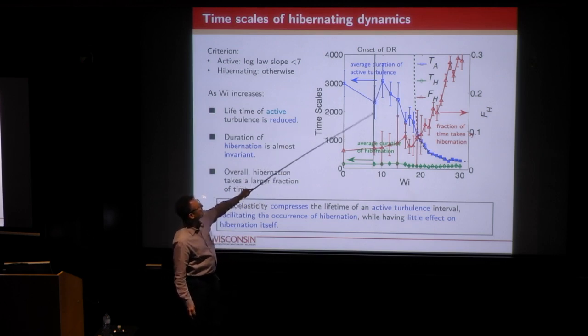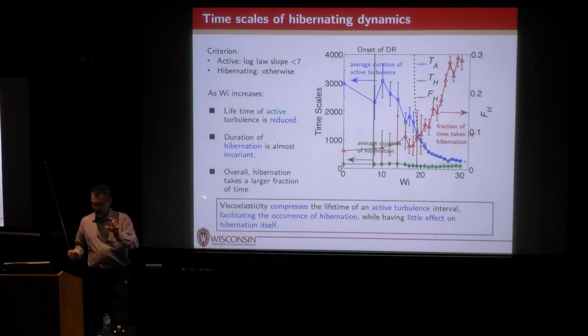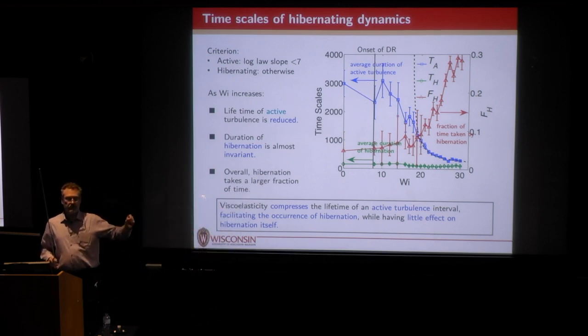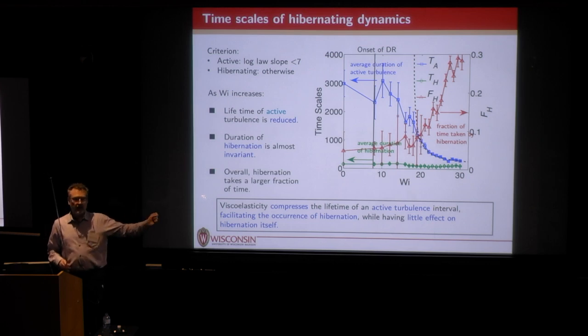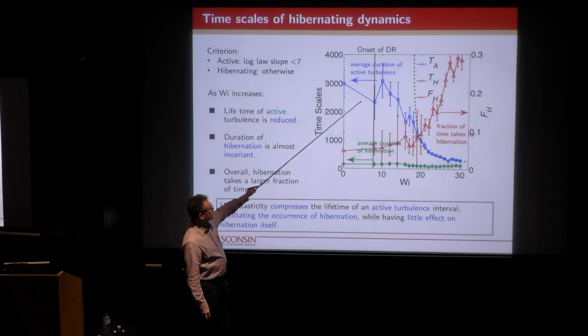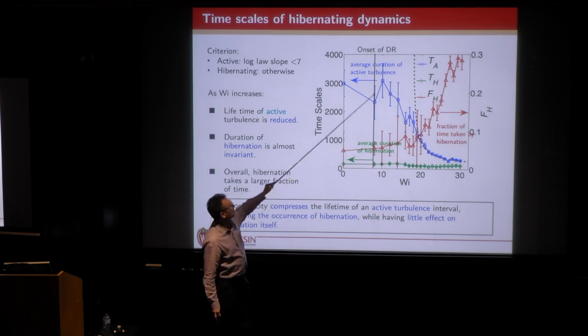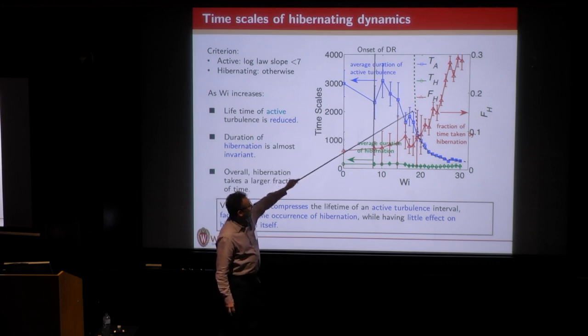The errors are big here because these happen so infrequently in the Newtonian case that we weren't able to gather great statistics for it. They just don't happen very often. But once you exceed a Weissenberg number of 15 or so, the duration of these intervals goes down,